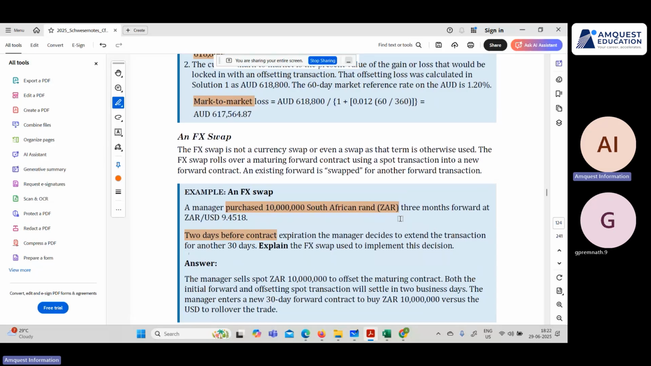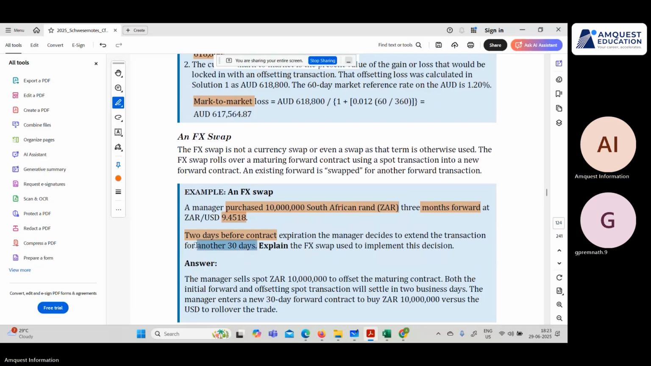That's just the way of writing it, that he purchased, but the idea is that he gets into the forward contract, which means that he will be buying. He hasn't bought it, but he will be buying 10 million ZAR at this rate. Now, 2 days before the contract expiration, the manager decides to extend the transaction for another 30